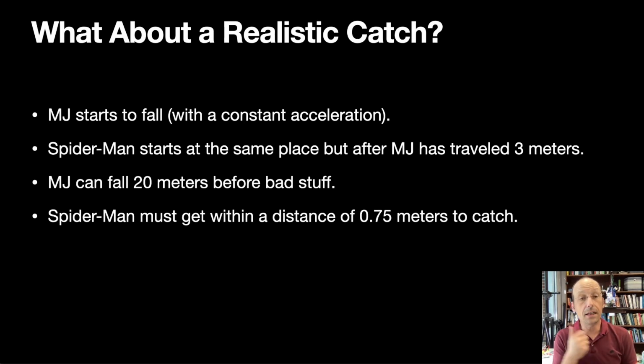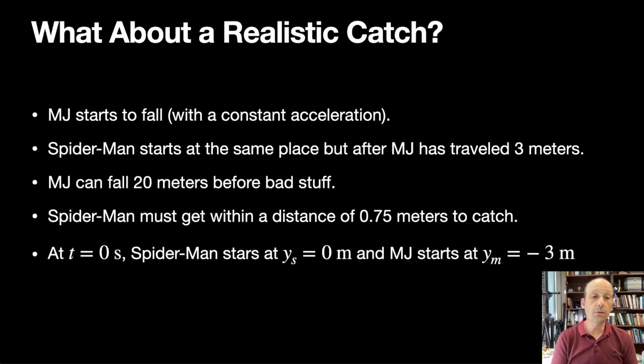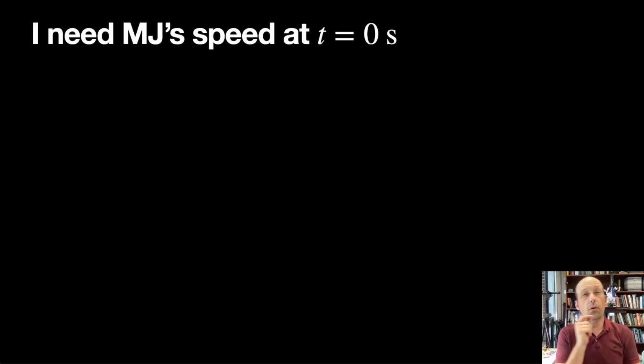The other thing is that, again, Spider-Man has to get 0.75 meters away, and at t equals 0 seconds, Spider-Man starts at y equals 0, and then MJ starts a little bit lower. So that's where I'm going to start my clock, right? My clock starts at t equals 0, and Spider-Man's right there with some non-zero velocity. If he had a 0 velocity, he wouldn't catch her, right? Okay, so if Spider-Man starts off at t equals 0 and MJ starts down here,